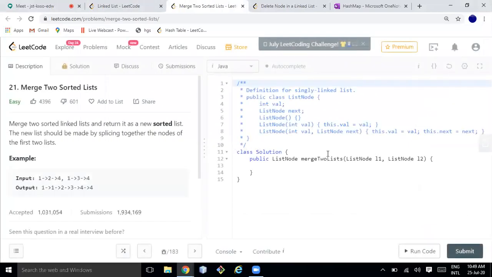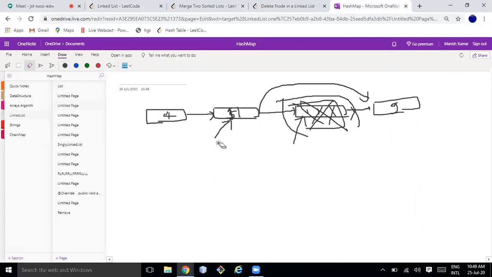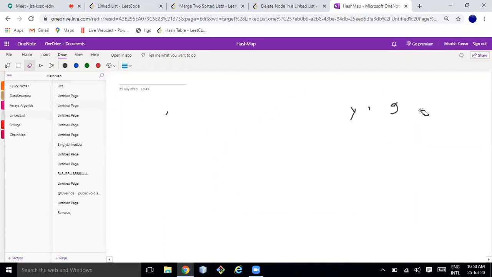This is a very interesting problem, so let's try solving it. This time I'll give more time, because this is a bit complex. It will take some time for those who are very new to the linked list concept, but if you are experienced, you can solve it in 5 to 10 minutes. Even in the arrays class we did the problem of merging two sorted arrays, right? Similar to that, we have to merge here.